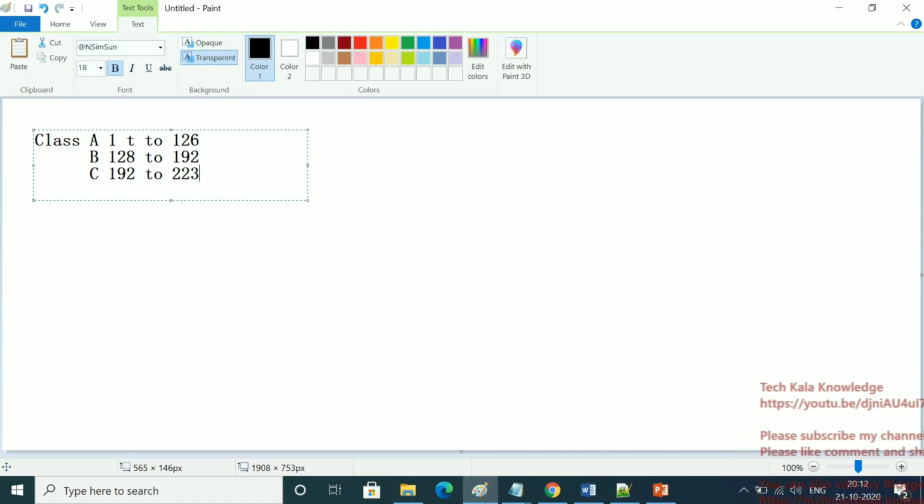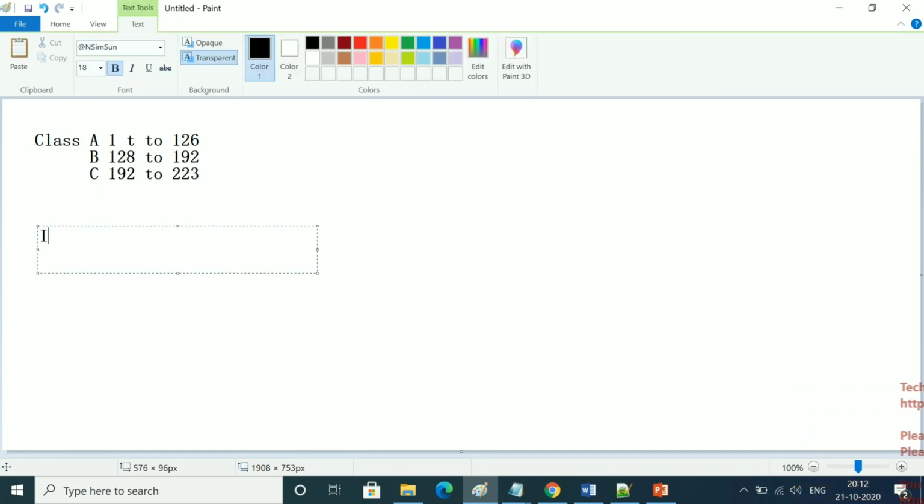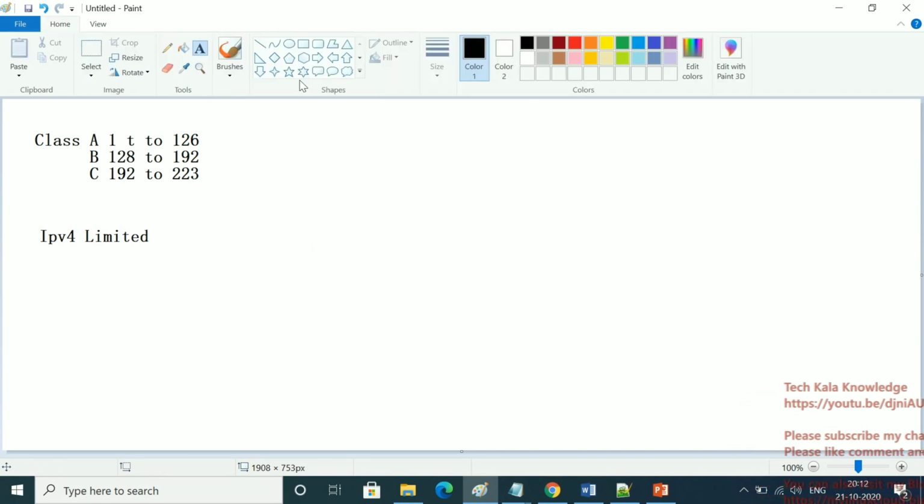Let me draw a diagram for that too. We are using subnets because of IPv4, since we have limited IPv4 IPs. Now I'm giving one example. Suppose this is our router.